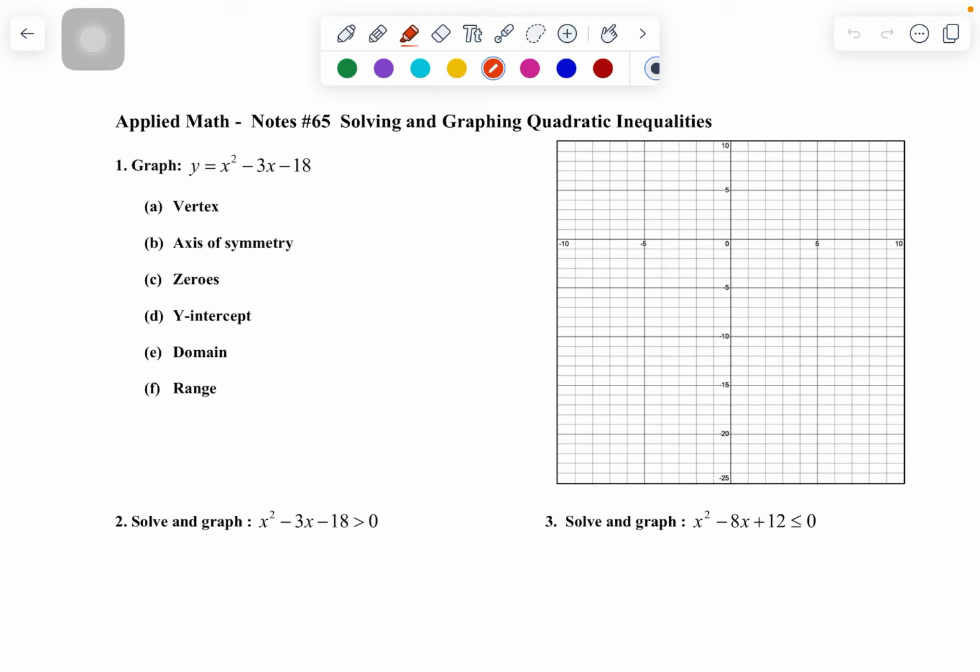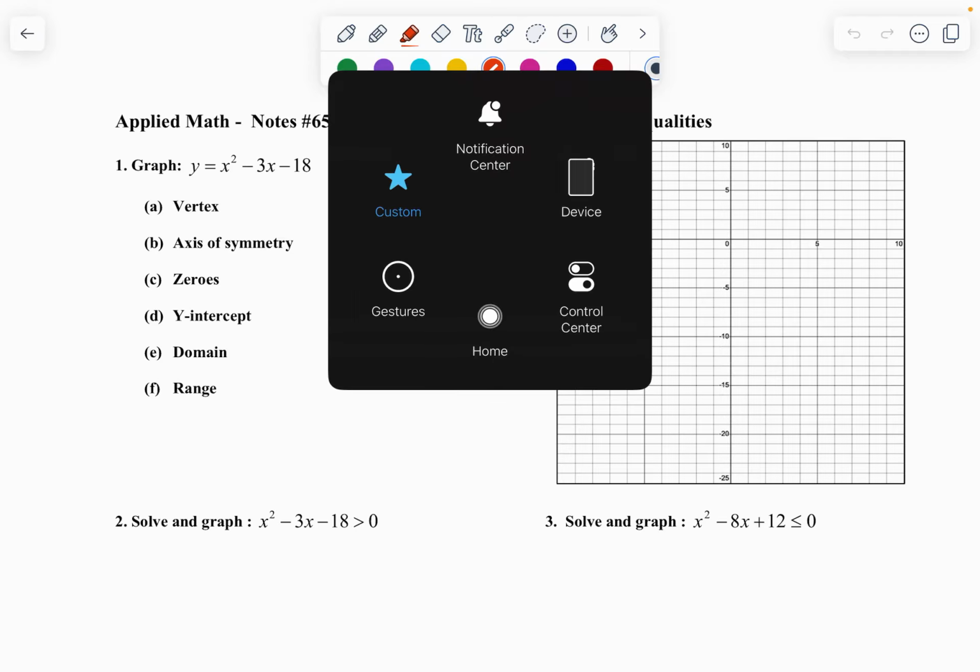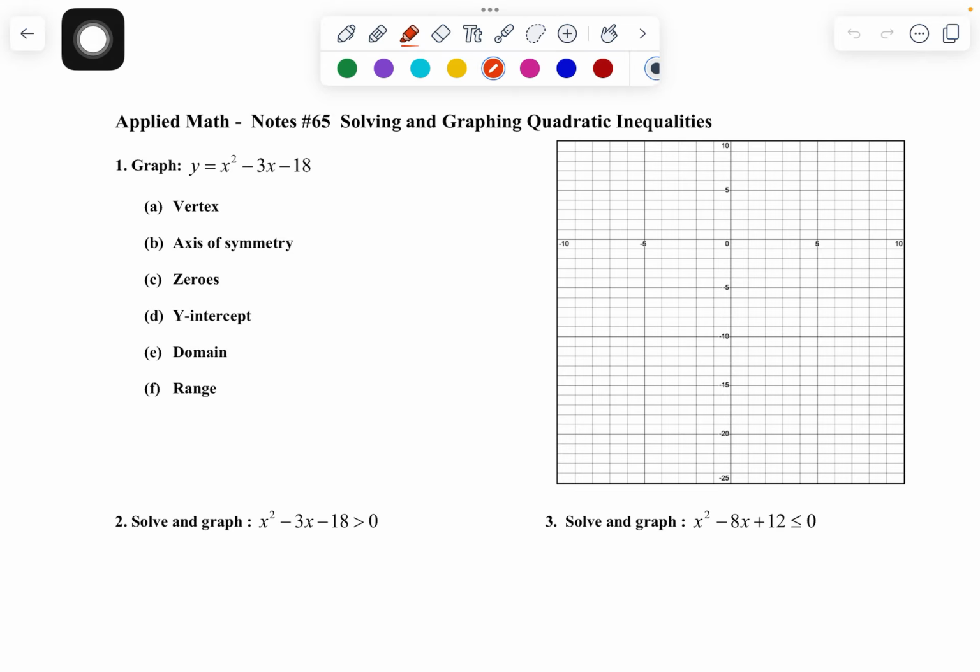All right, in this first video for Note 65, I'm going to do problem number 1, which is graphing a quadratic equation. We need to find all these little key features here. If you followed along with some of the other videos, this is just a rehash of that. But I will say with this particular equation, I would recommend having a calculator for it, and you'll see why